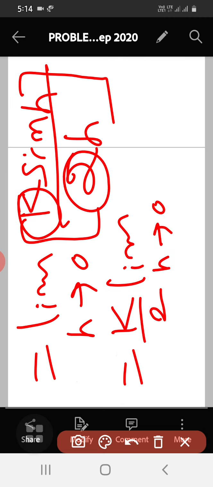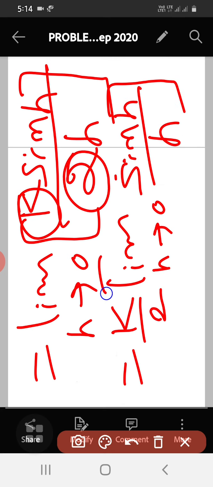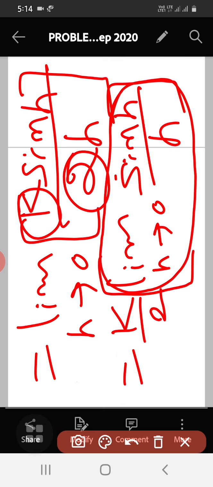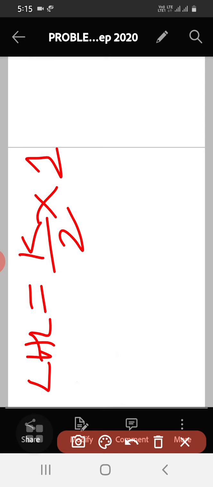So what do I get inside the limit? Limit of sin h divided by h. So we get k by 2 into limit of h tends to 0 sin h by h. For the quantity inside the bracket, see the standard result we proved in first PUC: limit of sin theta by theta as theta tends to 0 is 1. So the value of the quantity inside the bracket is 1. I will write k by 2 as it is, and this value will be 1. So left hand limit is equal to k by 2 into 1, by the standard result. So our left hand limit becomes k by 2.